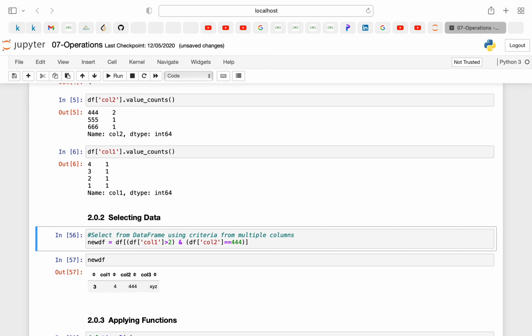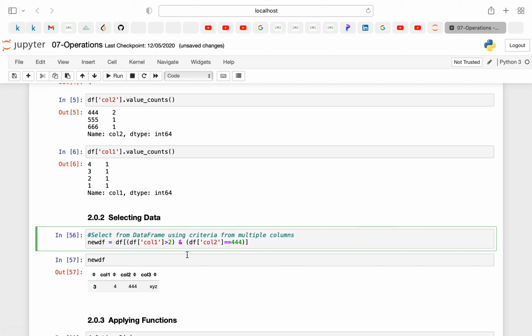Now suppose you want to select data. Suppose you want to get the data from a particular column where the column value is greater than 5 or 2, or that value is equal to something. So here I'm applying a criteria where my column 1 value should be greater than 2, and you can do an AND operation also.